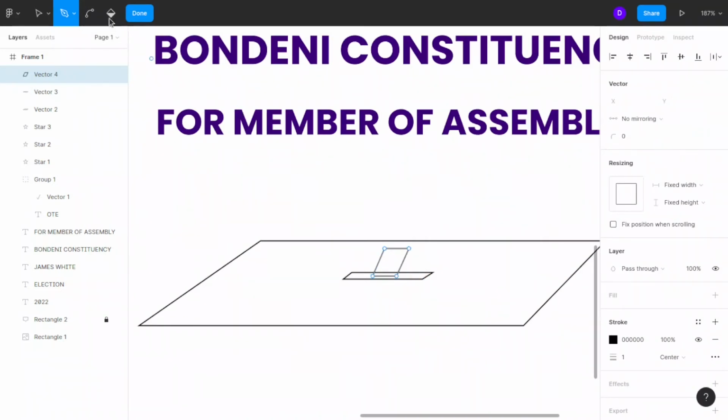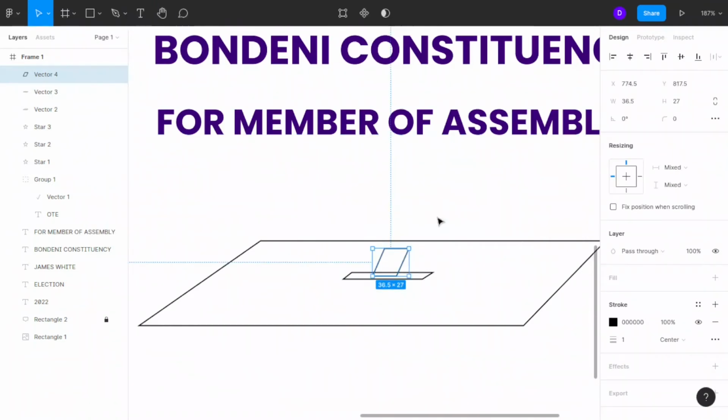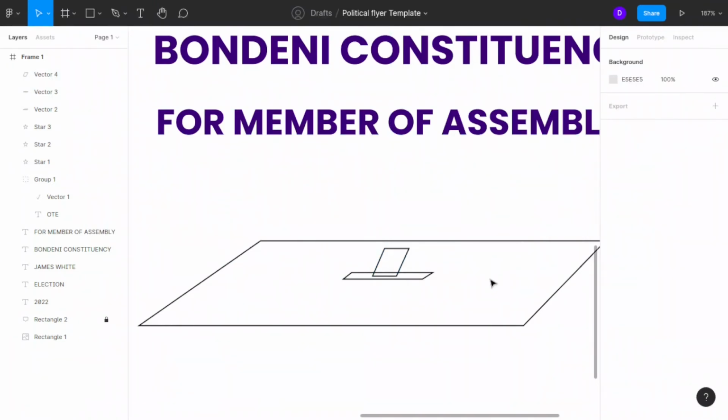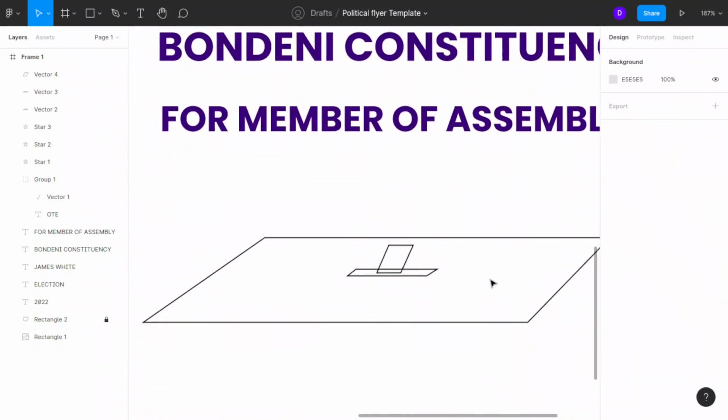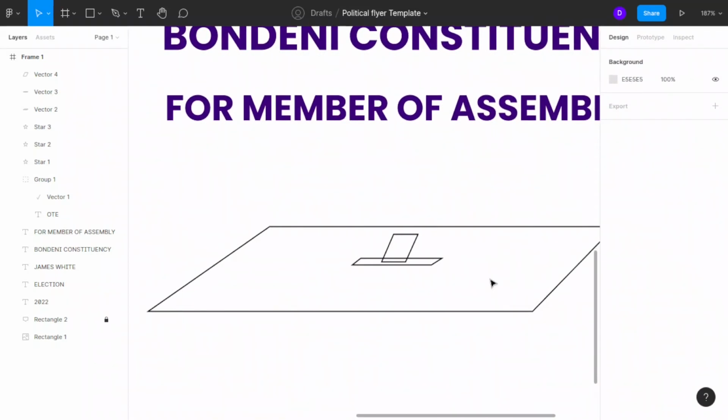I think it should be like that. Something like that. Do you see that? Then I can decide to